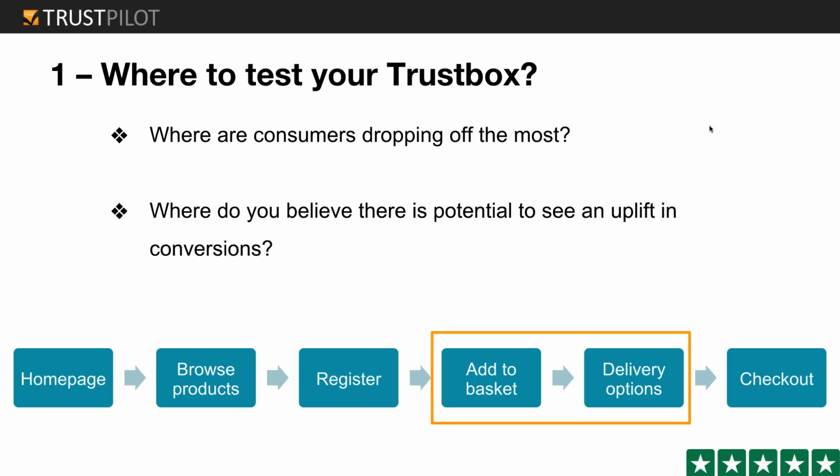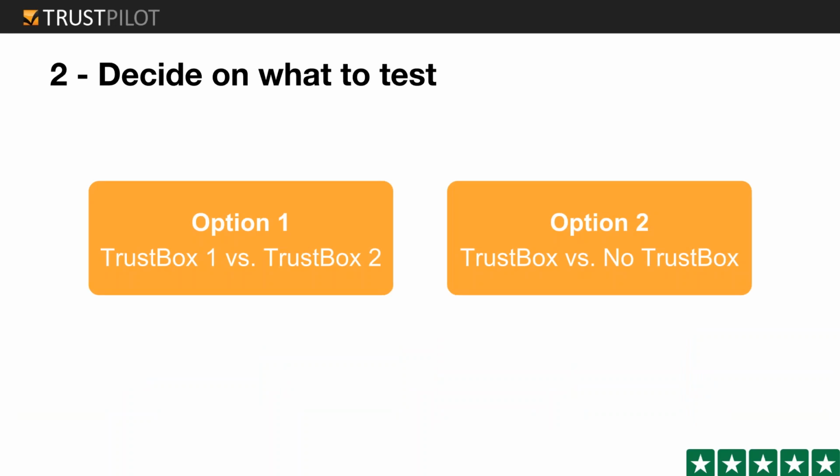And typically the add to basket through to checkout is where the biggest basket abandonment is seen. And so the argument here would be, let's try and put a Trustbox around the basket and delivery stage of the buying journey to encourage more consumers to actually get to checkout and complete their buying process. So that decision will be made first on where to test it, and then the second decision to make is